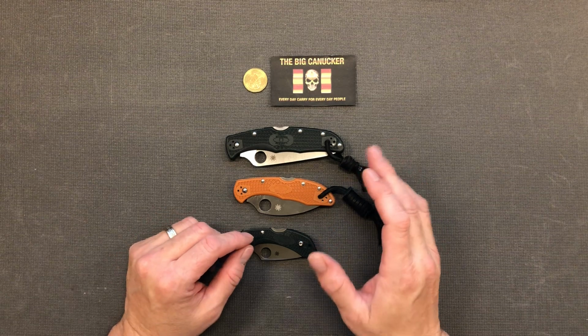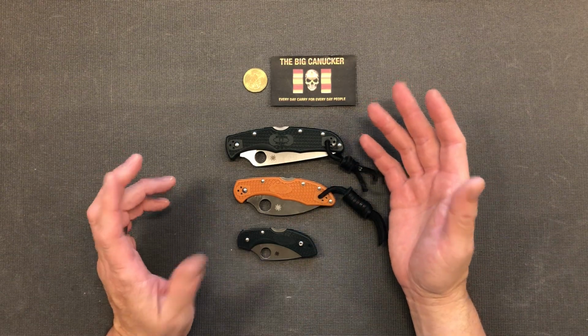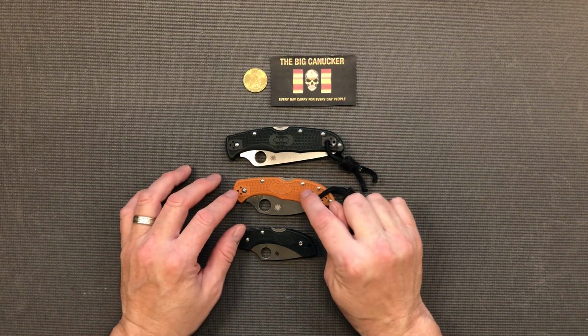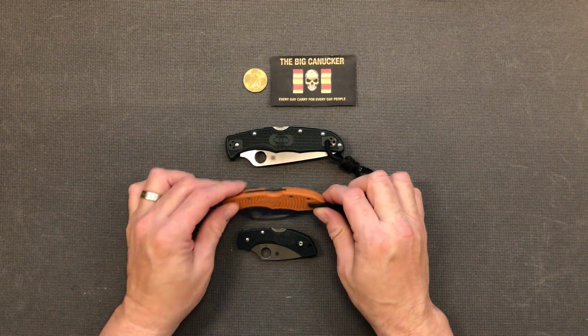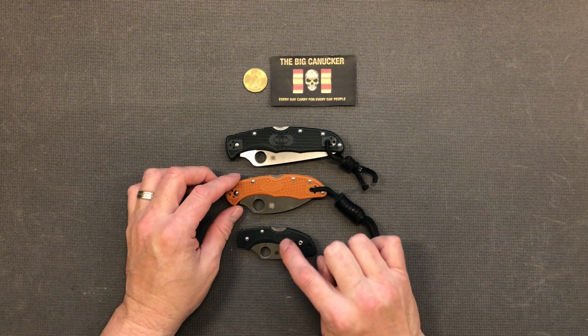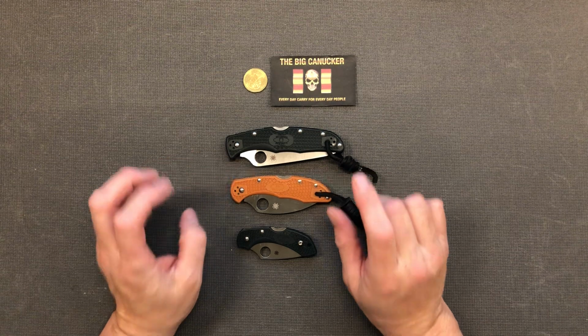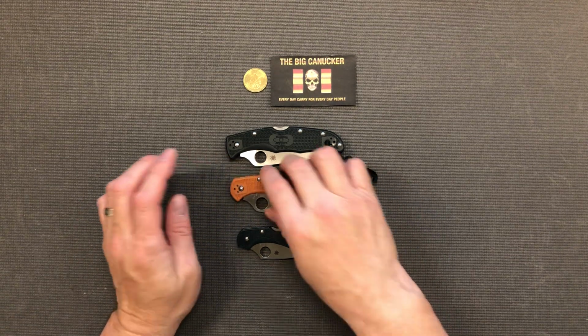I know a lot of guys have got those H1 FRNs with the yellow. You know, they'll want to put them orange, or they'll have a combination of the two. I'm sure I could dye this here, get to green if I wanted to, or I probably could even put this black, or something like that. I think what I'm going to end up doing, though, is I'm going to leave it the burst orange, and